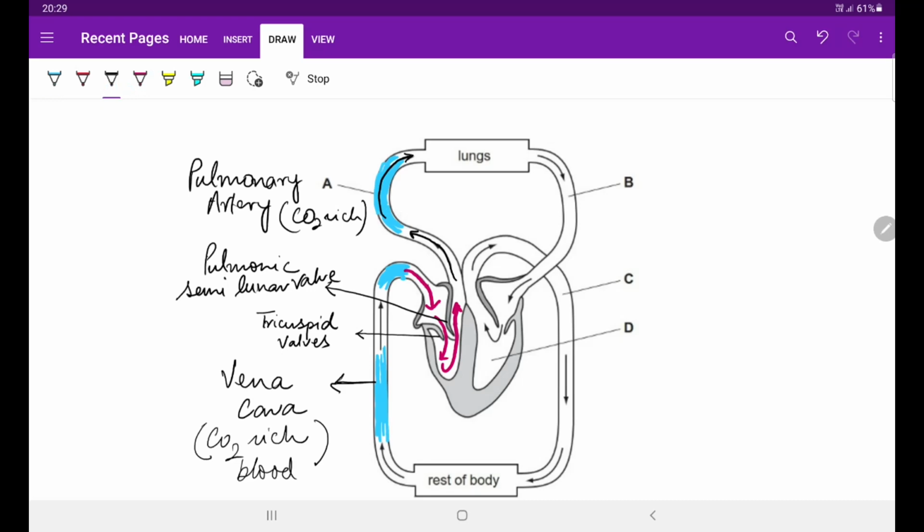Once the pulmonary artery reaches the lungs, it branches out into finer blood vessels, and they are called capillaries. These capillaries make their way into the alveoli where the oxygenation process takes place. If you guys want to understand how the oxygenation process takes place, you can have a look at the video which I will share on the I button here. Click at the I button and you will get the video for the exchange of gases during breathing. So, these capillaries help in the oxygenation.